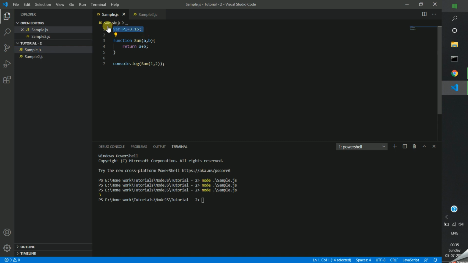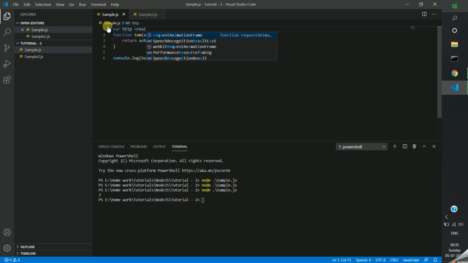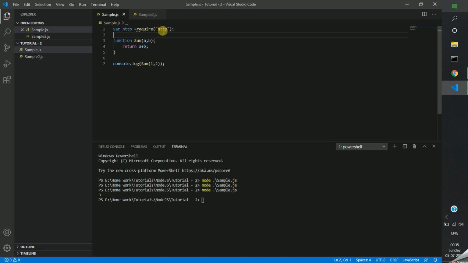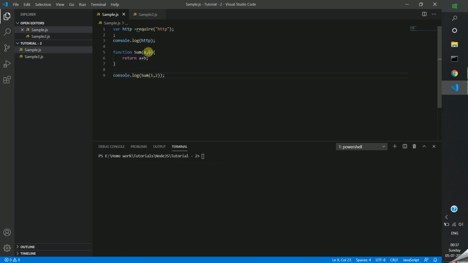For example, you can use var http equal to require of a particular name. For the time being, don't worry about what the HTTP module is and what its features are. We will discuss HTTP and its functions later.